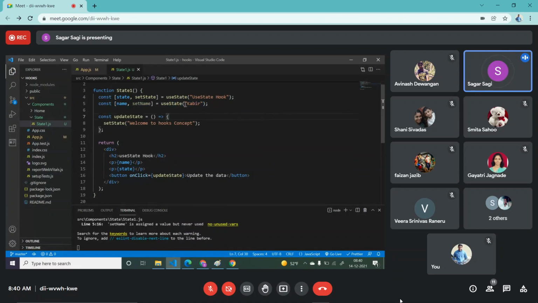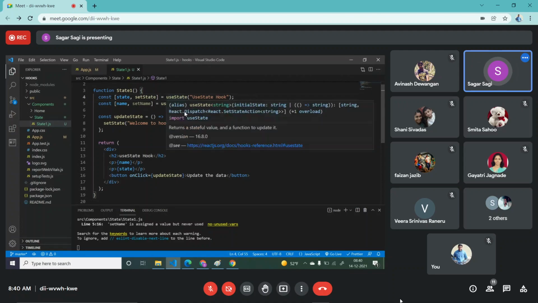Normally in real time also people will go with this approach only. In one component you might have 7, 8 states, or even 10 to 12 states for different properties. So I will always try to keep each and everything separate. Done. This is your state.